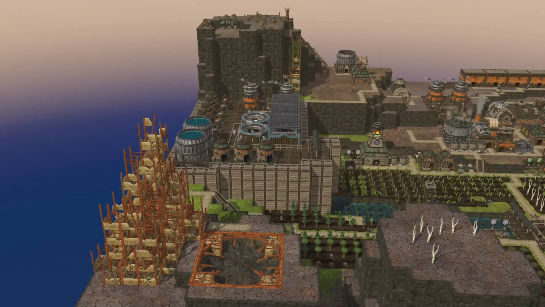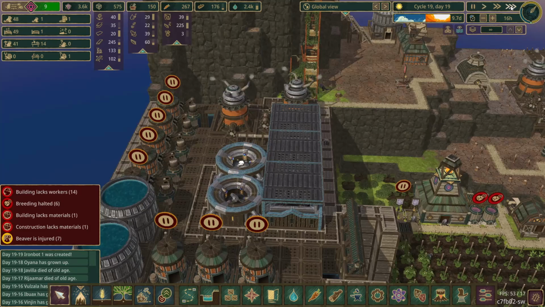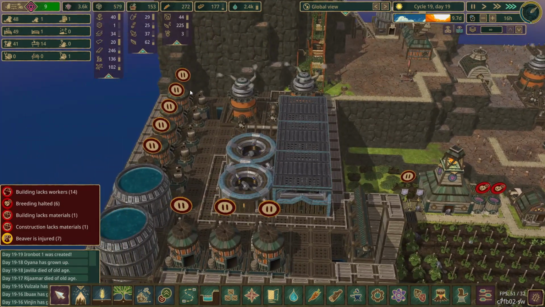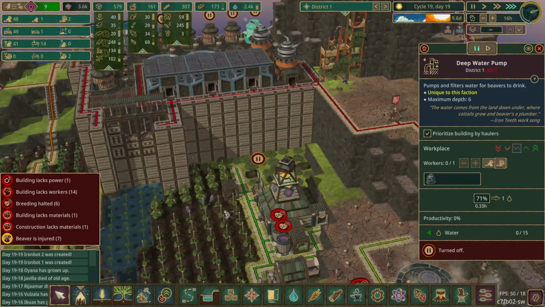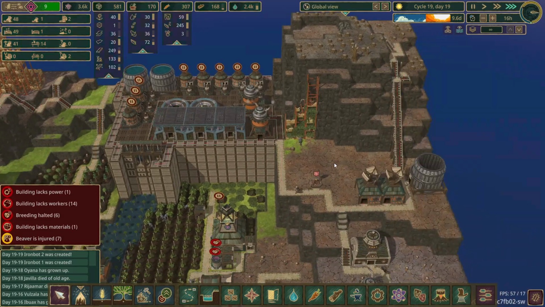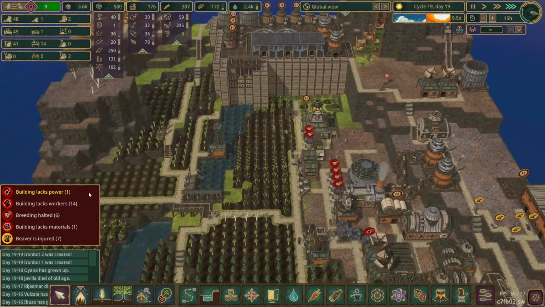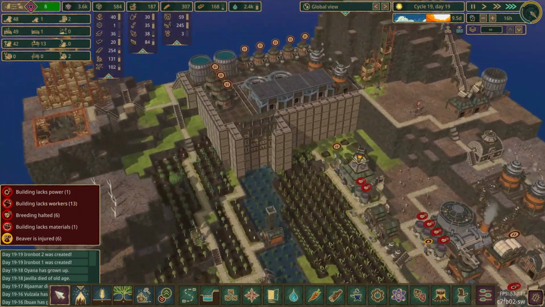I always like making the bots in this. It's so fun. You know you're getting towards end game when you're getting bots. I'm actually going to put the bots in these water pumps. I've actually got 2 bots, which is kind of cool. I did prioritize these up higher, so we are lacking a lot of workers,